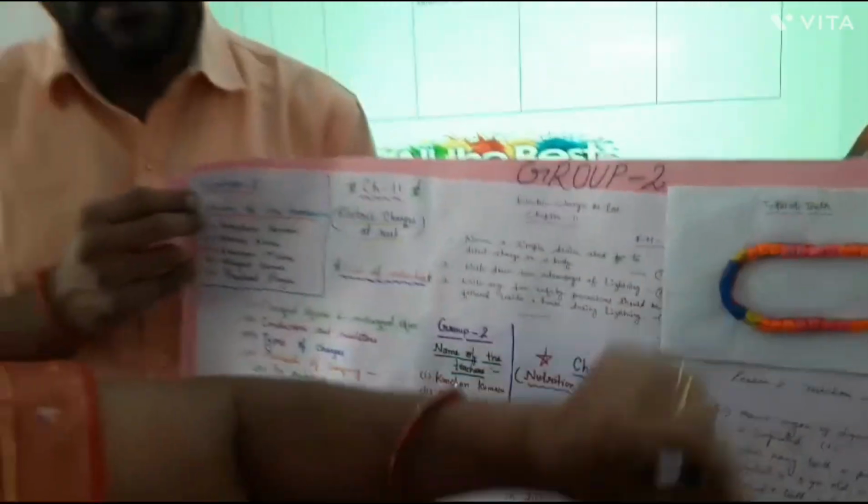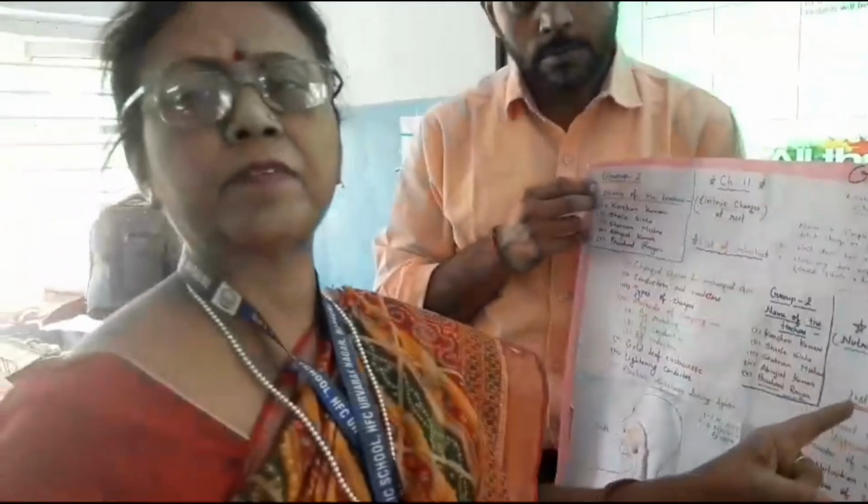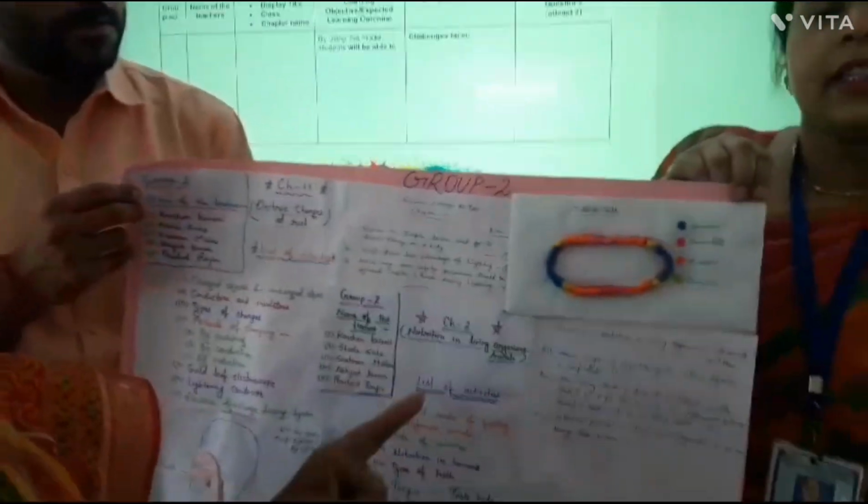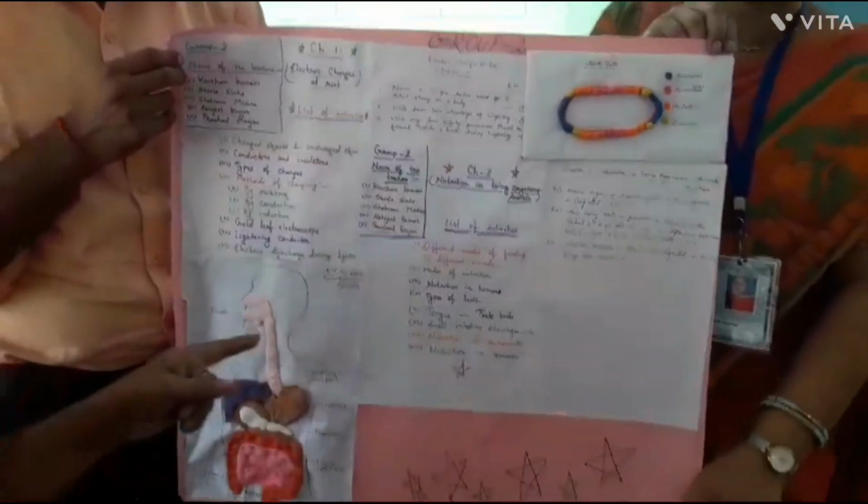And premolar and molar teeth are used for grinding and crushing the food. And on the basis of the number of teeth, there are 2 types of teeth, that is the milk teeth and the permanent teeth.